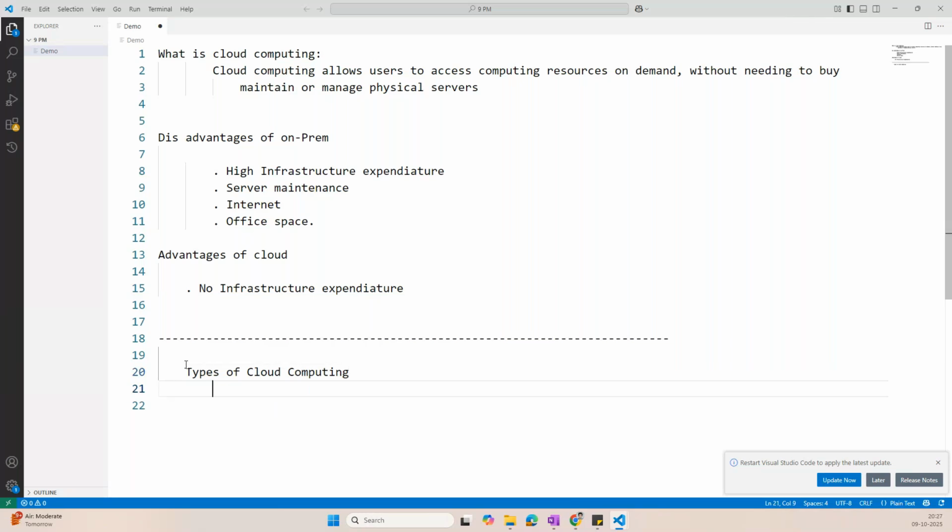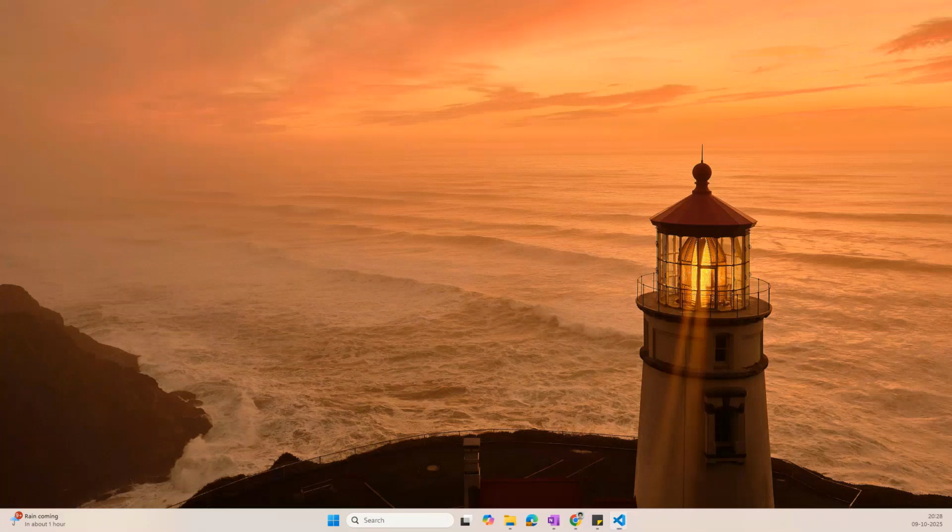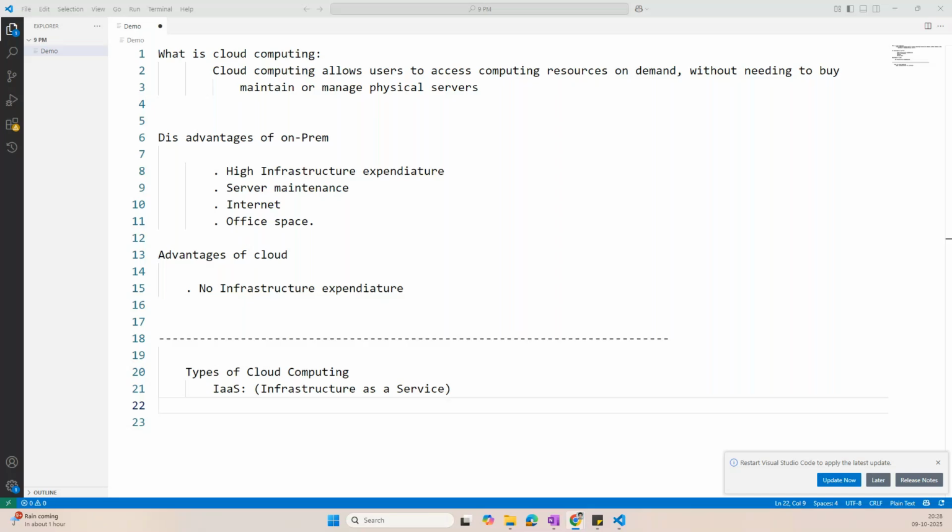What are all the types of cloud computing we have? We have IaaS, which is called infrastructure as a service. What is infrastructure as a service? Now, infrastructure as a service is nothing but a kind of service where you can do your own